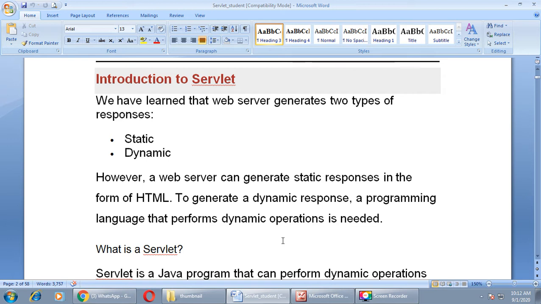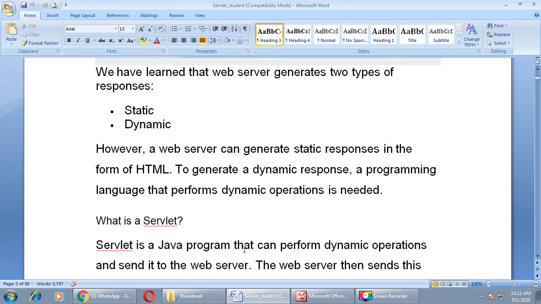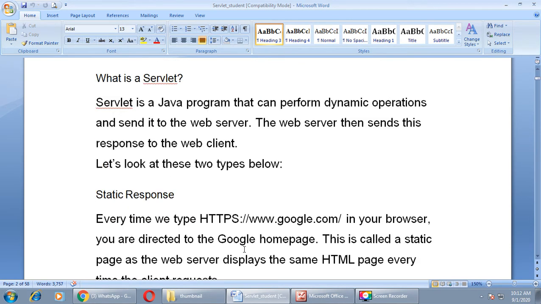To generate a dynamic response, a programming language that performs a dynamic operation is required. So here the solution is servlet for generating dynamic operations. Servlet is a Java program that can perform dynamic operations and send it to the web server as a response to the client machine. The web server then sends this response to the web client.